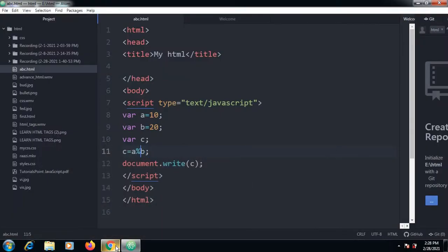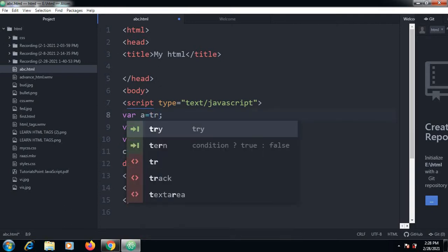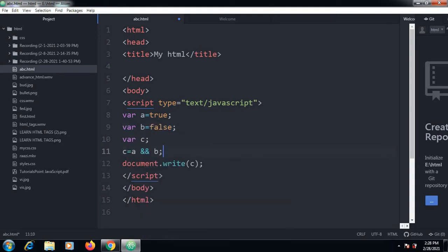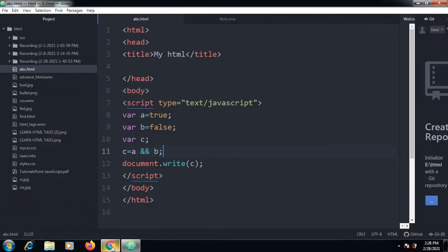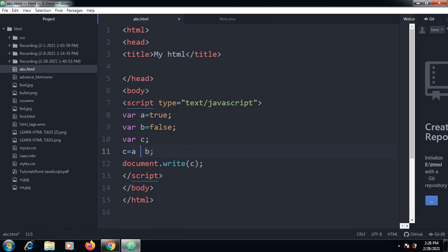We have logical operators. What are the different types of logical operators? We have double AND. I will make it true and false, taking Boolean values. This is true and this is false. Just try to see this c value. It is false. True and false is false. For the OR operation we can use double OR. So this is true. We can also make use of the NOT operation. What is a NOT operation? This is a NOT. True is there, and the answer will be false. So these are the logical operators.